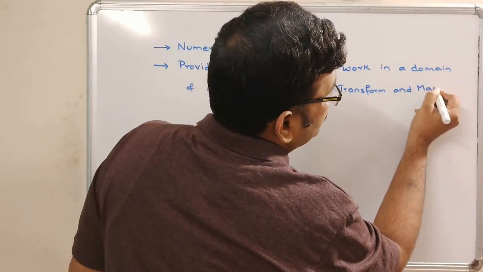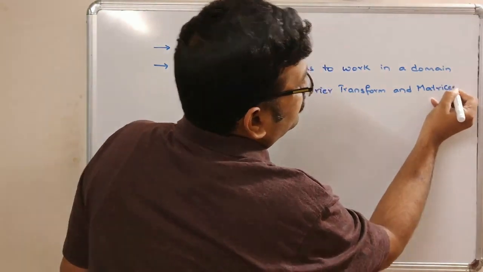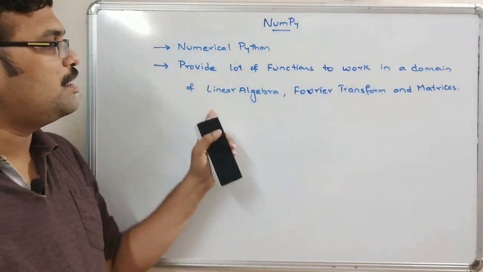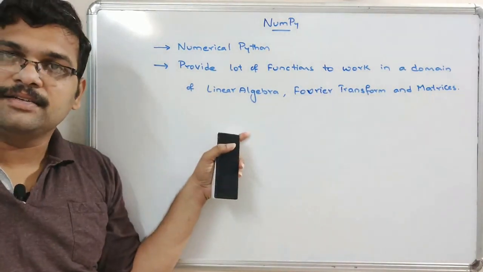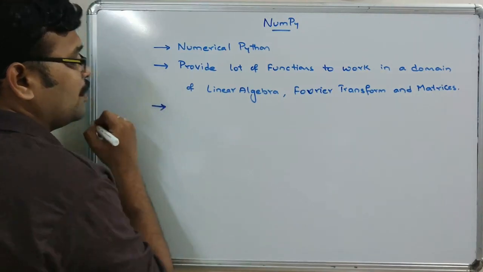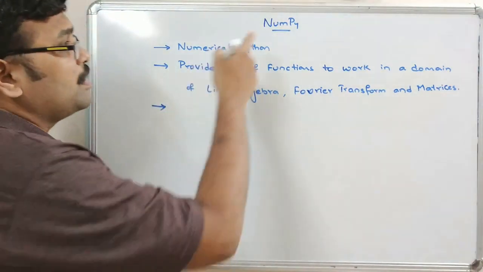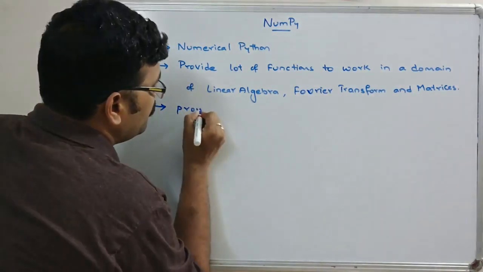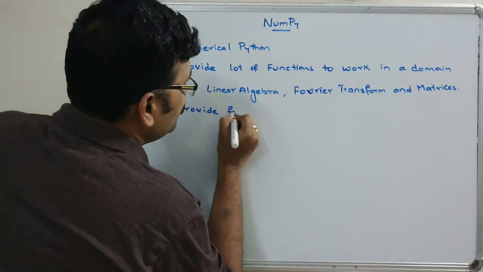We all know these matrices, right? So mainly it provides the functions to work in the domain of all these three things, right? And mainly this NumPy will provide functions